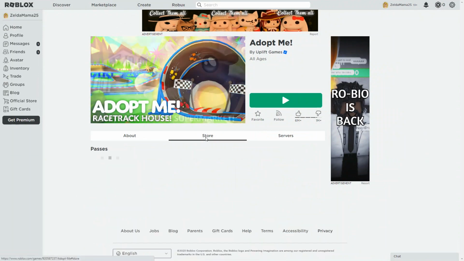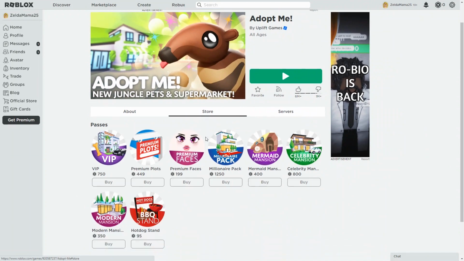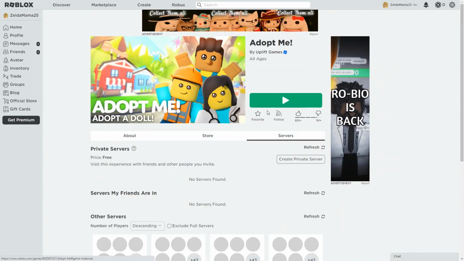Store is where you can spend your Robux on items specific to the game. Servers are listed over here. If you don't know what a server is, let me explain that quickly. So basically, a ton of people are online right now playing this game. So they can't all be playing at the same time on one server or it would crash. Kind of like trying to buy tickets to a Taylor Swift concert in the first few minutes when they go on sale. So there are lots of different servers to spread things out so the game works how it's intended.